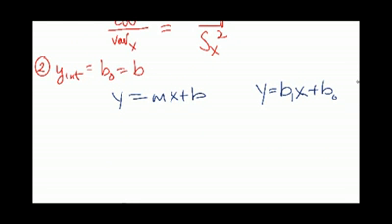What you're going to do is you're going to look at these as the means, and you're going to solve for the y-intercept. And if you subtract that mx or bx over,